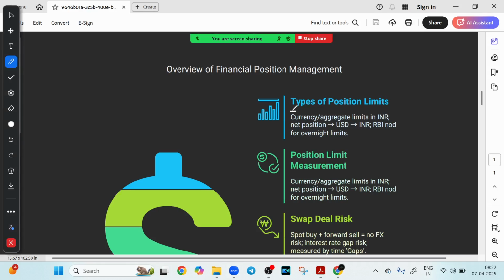First of all, let's talk about the types of position limit. To begin with, banks operate under position limits, both currency-wise as well as aggregate in INR terms. So currency-wise there are position limits, and in aggregate INR there is also a position limit, right? For example, if a bank is dealing in USD INR, the net position is closely monitored. And if there is any overnight position, try to understand,